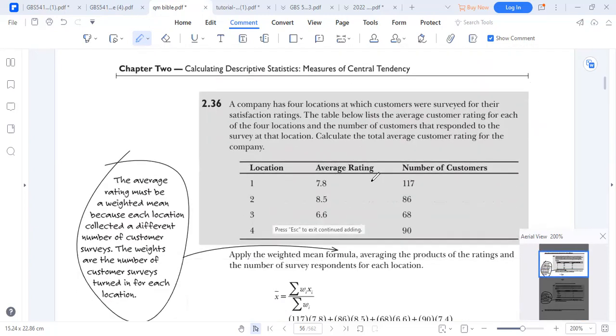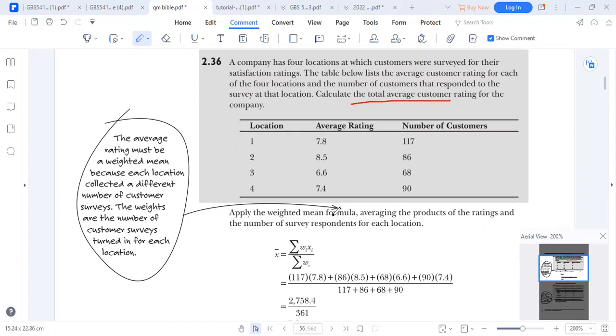Another common question which came in one of the tests: we are told that the company has 4 locations at which customers were surveyed. So we have these ratings here. We are being asked to calculate the total average. So the locations 1 to 4, don't use this number. These are just locations. They can be A, B, C. So the average weight. So what you do is on the average ratings or the weight,